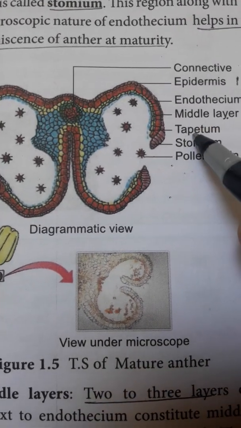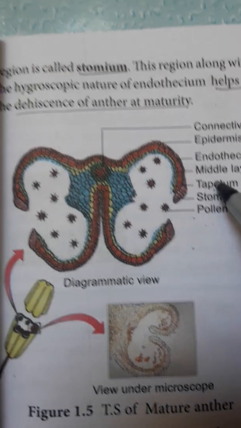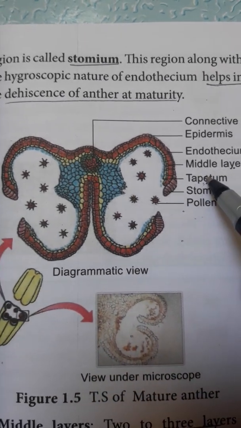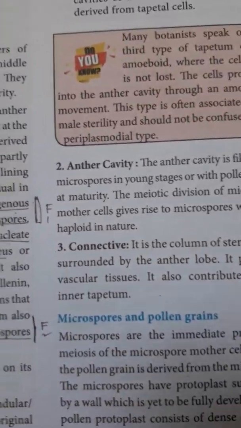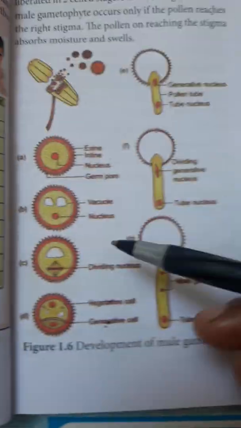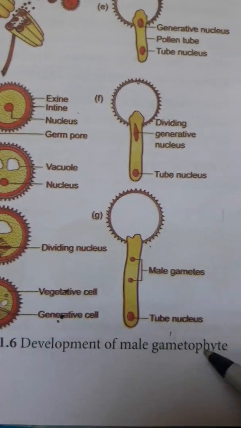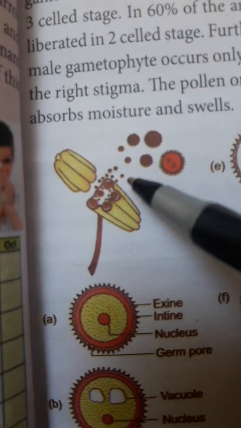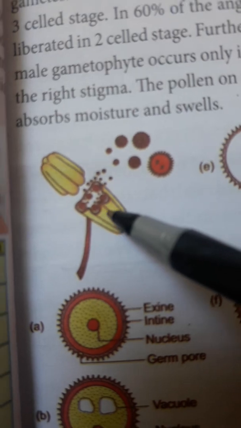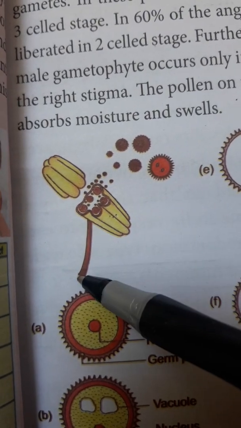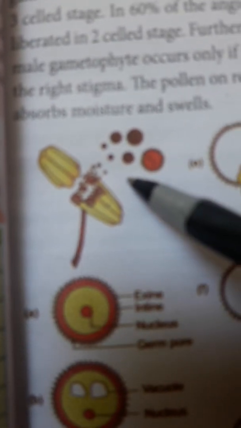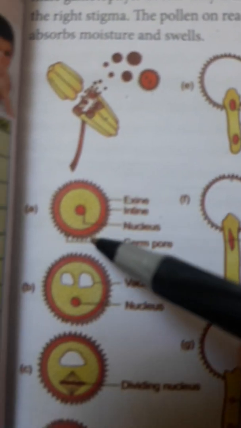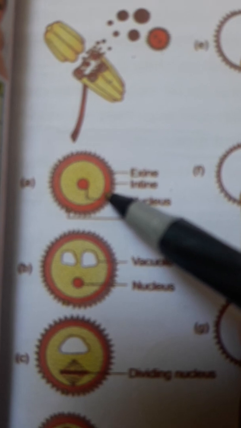Okay, it nourishes and also it controls the fertility and sterility of the microspore. This is all about the development of a male gamete. Now you should know the development of the male gametophyte. Look at this, I told you just now, the stamen has two parts, the anther and the filament. This anther consists of so many pollen grains. We are going to study a single pollen grain, that is the male gametophyte.